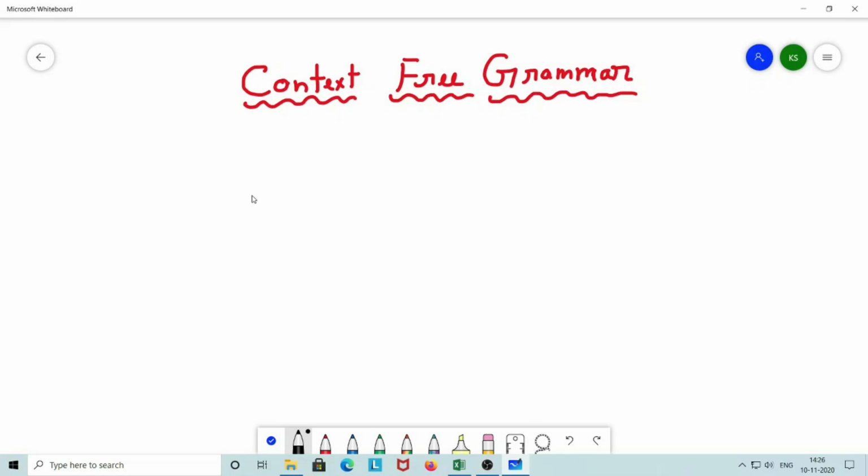Welcome back everyone to a session on automata theory and computability. In this session, let's learn what is context-free grammar and how to design a context-free grammar for the given context-free